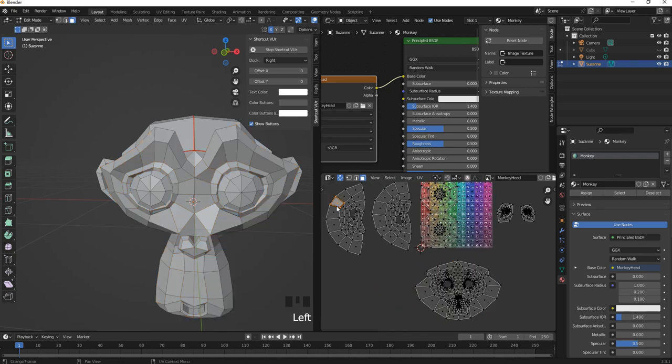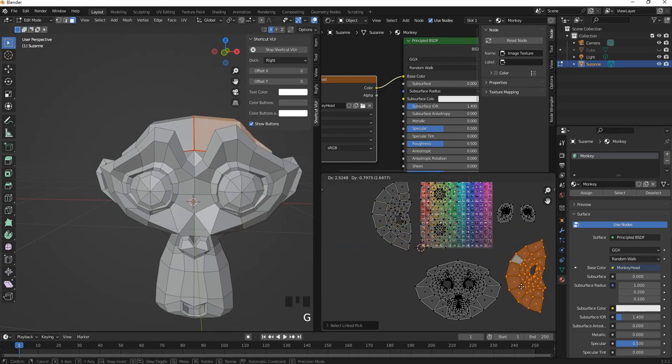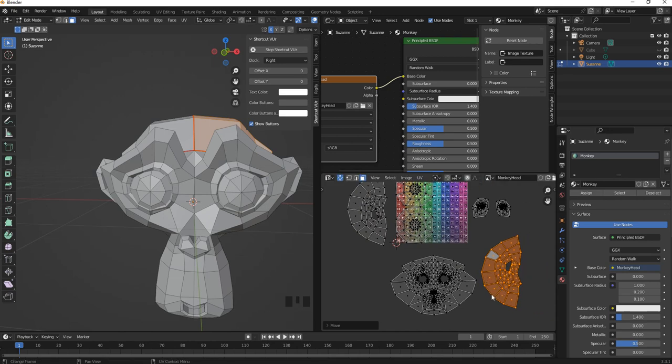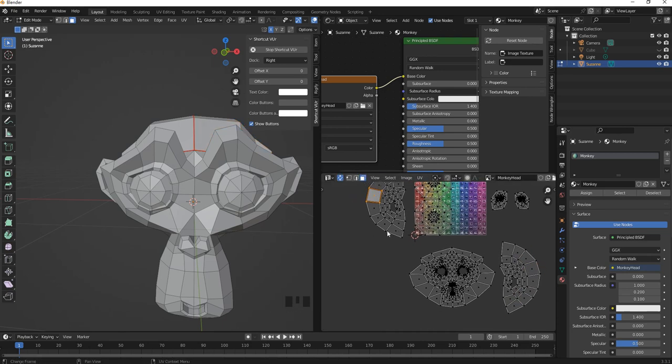And I think this is the right side or left side. I'm not so sure. Let's try. So this is the right side. So let's move this one here and rotation R, G, and this one as well. Press R, G,